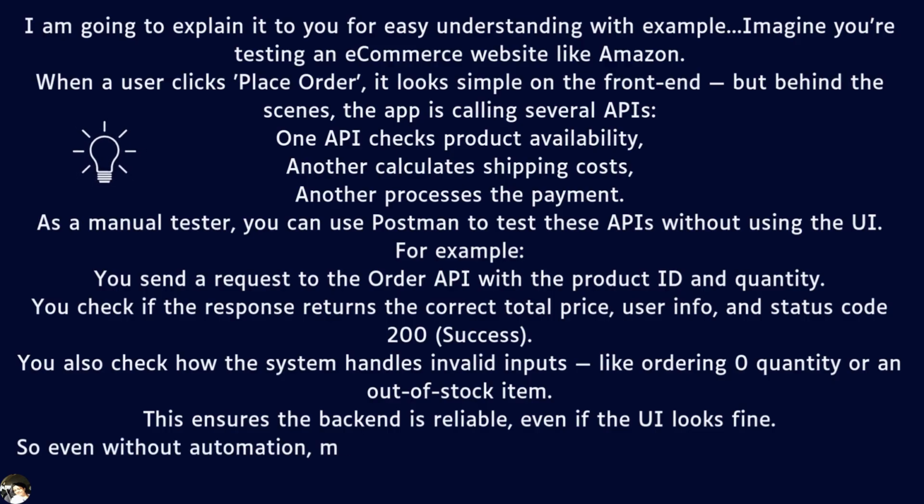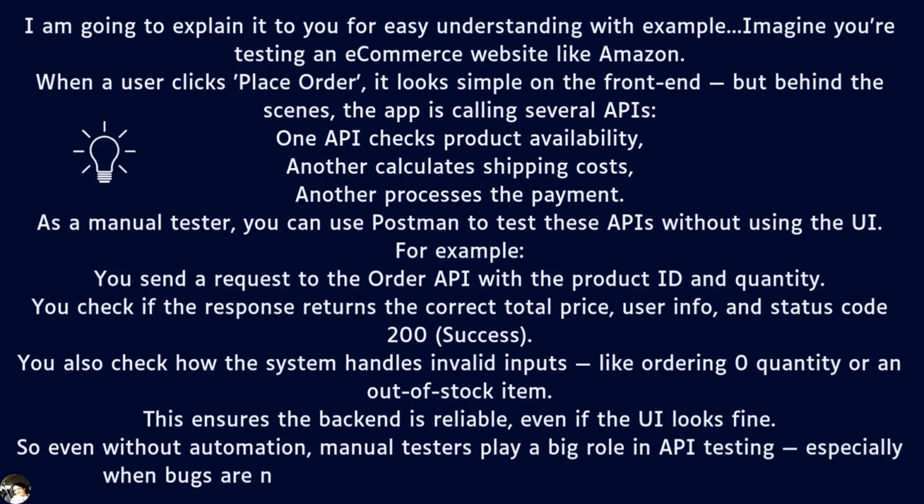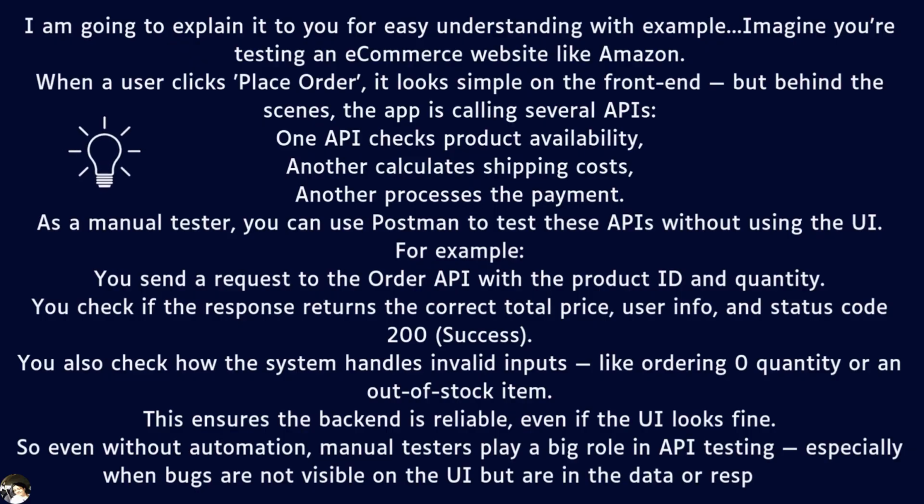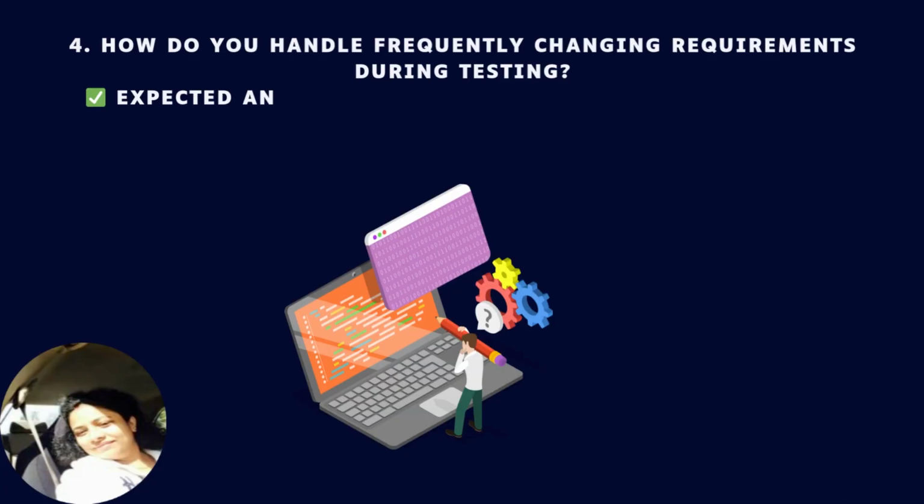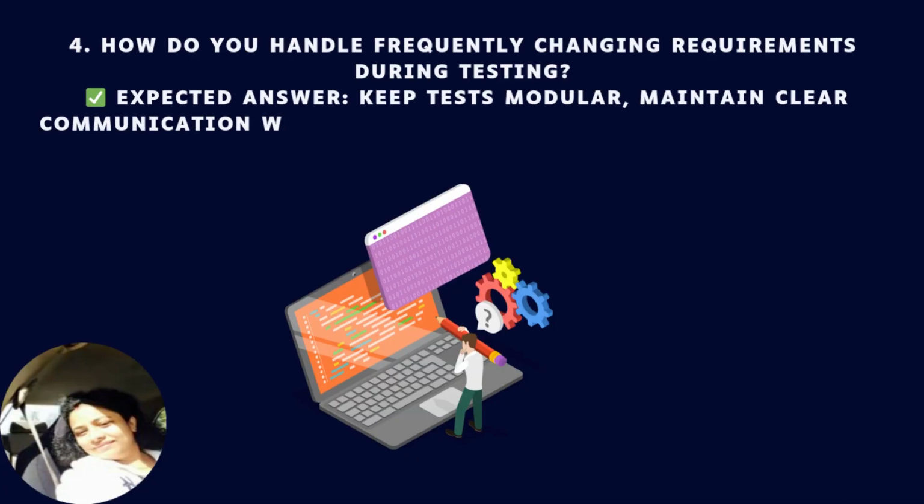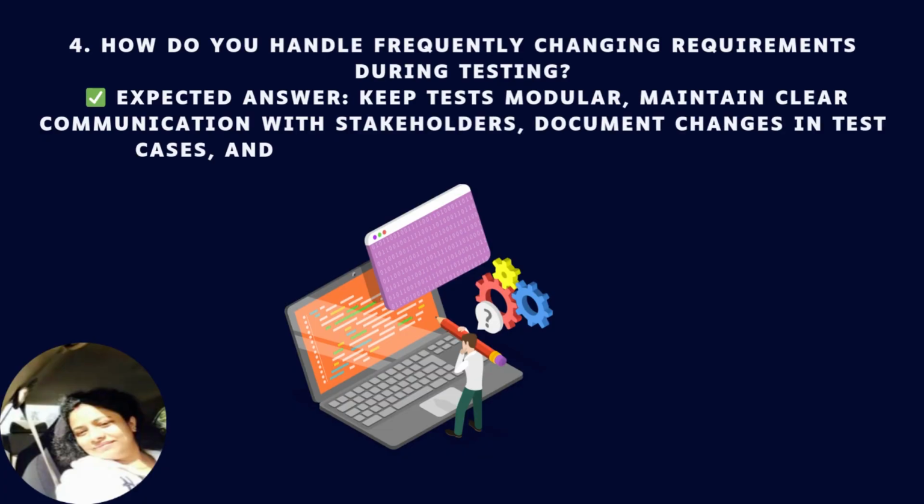So, even without automation, manual testers play a big role in API testing, especially when bugs are not visible on the UI but are in the data or responses. Question 4. How do you handle frequently changing requirements during testing? Expected answer. Keep tests modular, maintain clear communication with stakeholders, document changes in test cases, and use tools like Jira